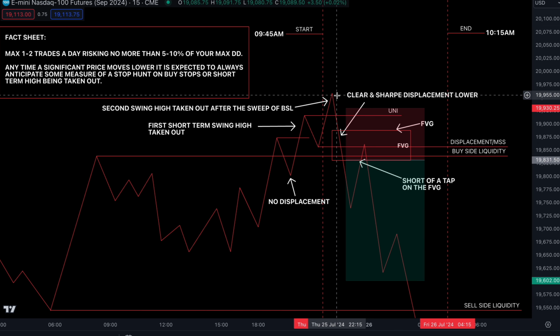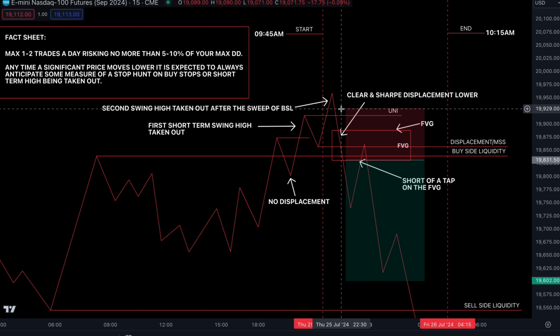You'd run your stop just below the previous swing high, which was the high of the unicorn model, just below it. Your stop should not be greater than 25 handles. So usually a unicorn model setup will give you around a maximum of a 17 to 20 handle stop. If you have to run a 25 handle stop, most likely probably not the right trade. Today we ran, I believe, around a 22 or 23 handle stop. It wasn't quite 25 handles because 22, 23 was a valid point to put our stop.